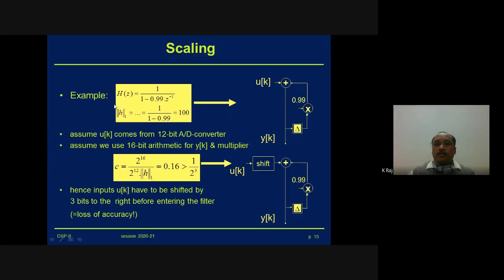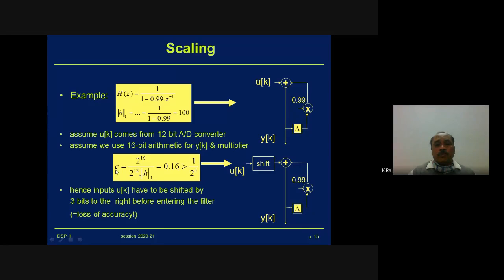And here the total absolute summable value of this one will become 100. We have assumed that the input is from the 12 bit A to D converter, so its maximum value will become 2 to the power 12. Similarly, we have assumed that we are using 16 bit arithmetic for the yk, so the output's maximum value will become 2 to the power 16, and hence we can say the c